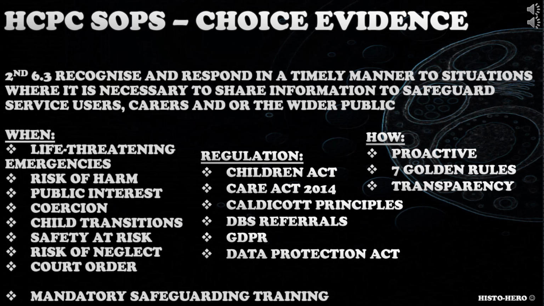Key situations might be risk of harm, crime, public interest, statutory duty, incapacitated service user, patterns of abuse, risk posed by other professionals, coercion, during life-threatening emergencies, during child transitions in care, when there is a risk of neglect. Timeframe: being proactive, not waiting to be asked if abuse is suspected, being transparent, and the 7 golden rules, which are: understand data protection, seek consent, use professional judgment, share necessary information, seek advice,